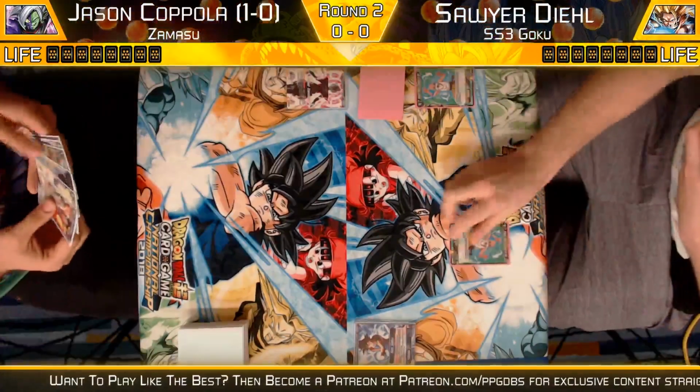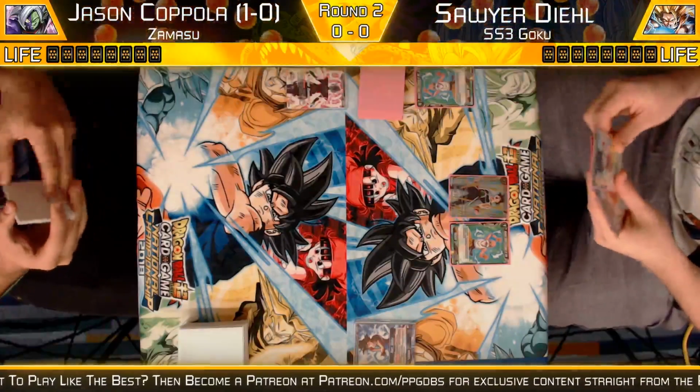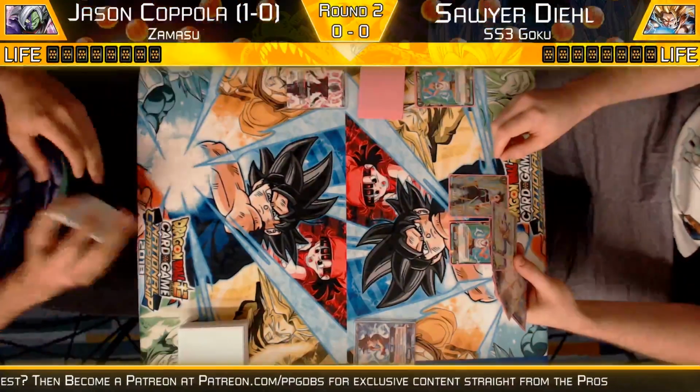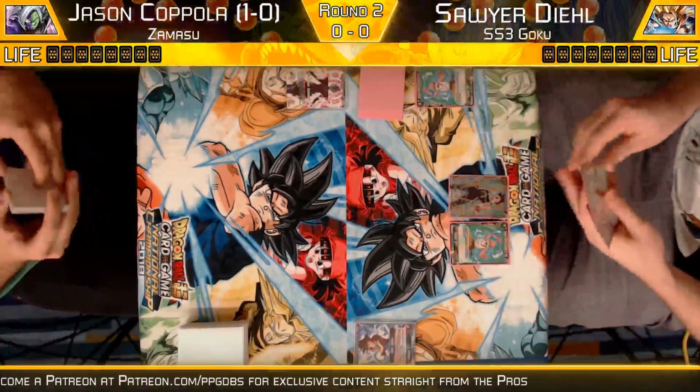We have a heck of a match for you guys. Here we have Jason Coppola on the left playing Zamasu, guys. Insane. So cool. On the right, we have Sawyer playing SS3 Goku. Good old SS3 Goku. So real quick, before we get really started in this game, we're going to take a